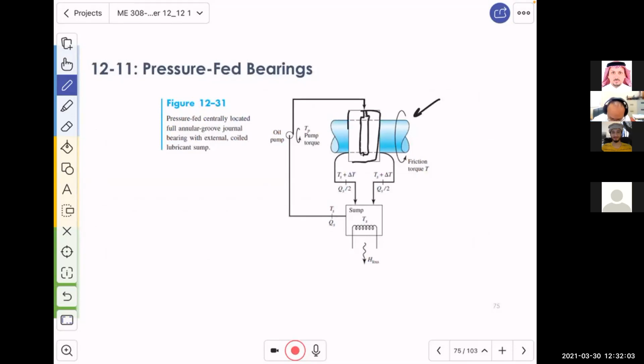And in this groove, you will take the oil using a pump and push it through. The oil, due to the pressure from the other side, will be sucked up and pushed to the SOM. Then the temperature here can be dropped using a cooling system, then pushed again. Very simple, right? Now, the question that we need to ask ourselves is,